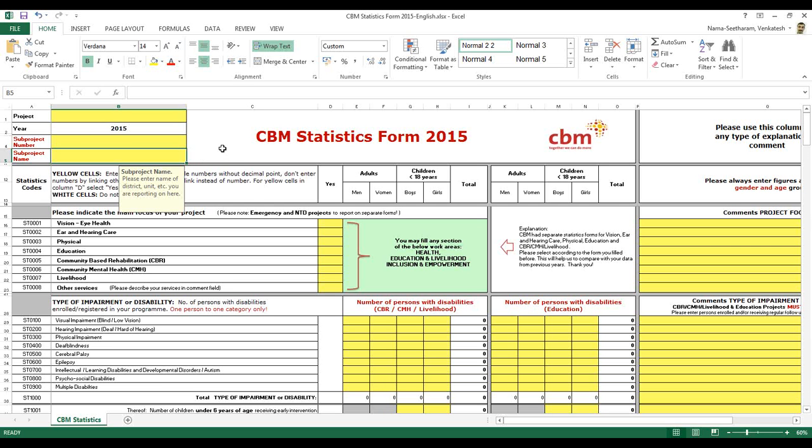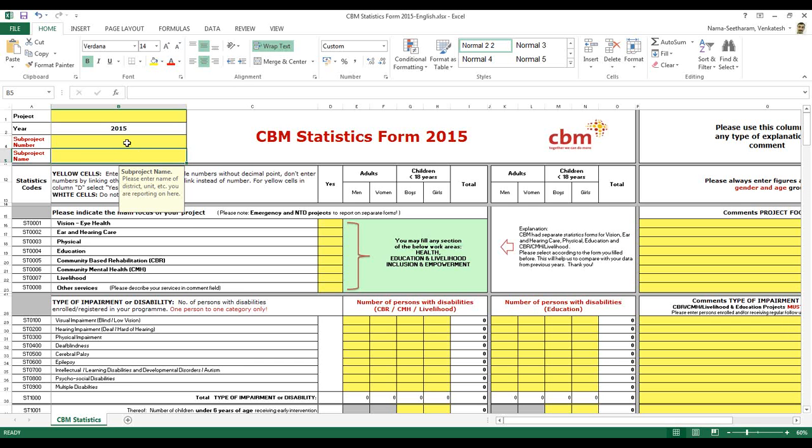Okay, then I would start with the statistics form. This is an unprotected form which I'm showing, but when you download the form, the sheet will be protected, and the partners and projects can fill in only the yellow cells, and no other cells can they edit. But from my previous experience, I understand that a few partners are very innovative and they copy paste or make innovations and change the structure itself. So I request you to please inform them not to change the structure and to use only this form. That is the first request.